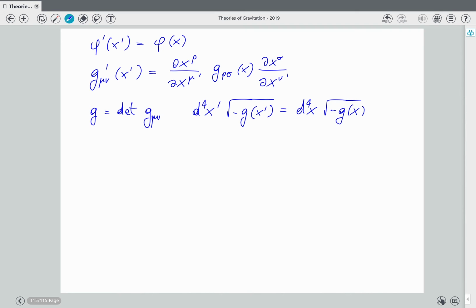We also, that's easy to compute, the covariant derivative of a scalar, which is the simple derivative. Here it is sufficient to compute the Jacobian,